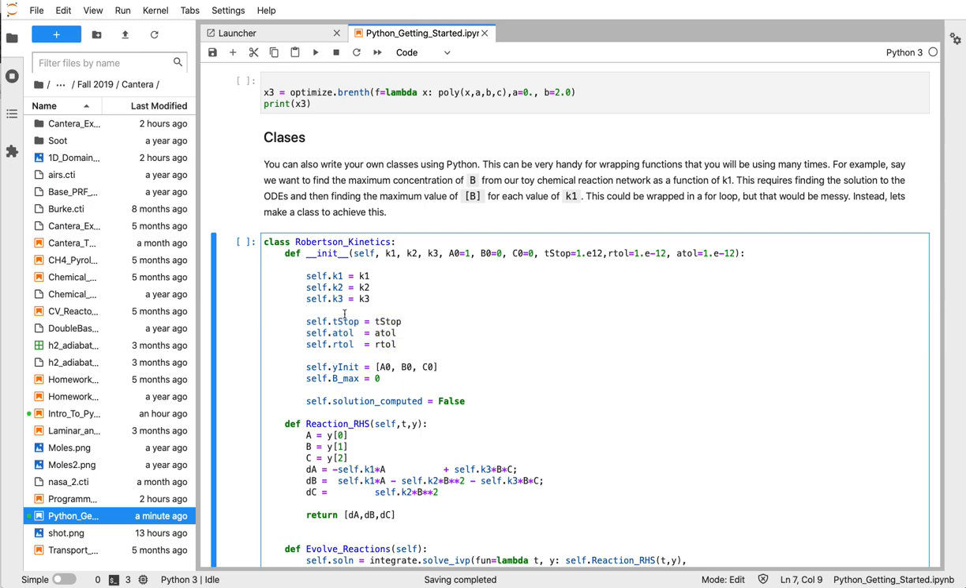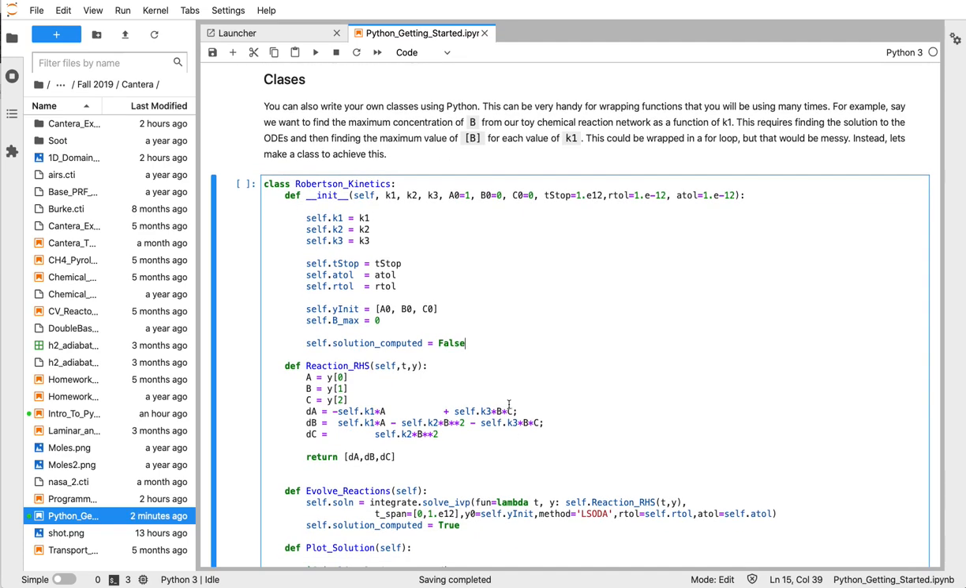I do all sorts of other little things here. I set the stopping time, which you can change. The initial conditions can be played with, and I also store a maximum value of B, and then I do a little computational sanity check function. Here we are going to integrate the same kinetic reaction mechanism scheme, and what we're trying to do is make it really convenient to call that ODE solver for a whole bunch of different values of K2